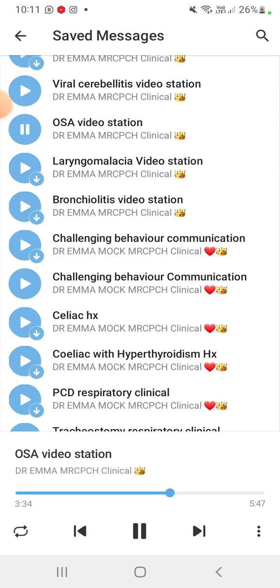Investigations: overnight polysomnography. Here we can measure the heart rate, respiratory rate, and SpO2, and we measure the hypopneic and apneic episodes. Yes, overnight oxygen saturation and polysomnography, chest X-ray, lateral X-ray of the neck for adenoids, echo for pulmonary hypertension and right ventricular hypertrophy, and myofunctional exercises by ENT.